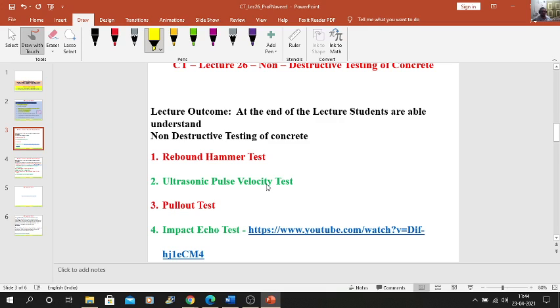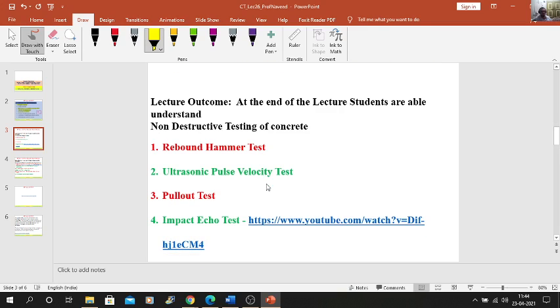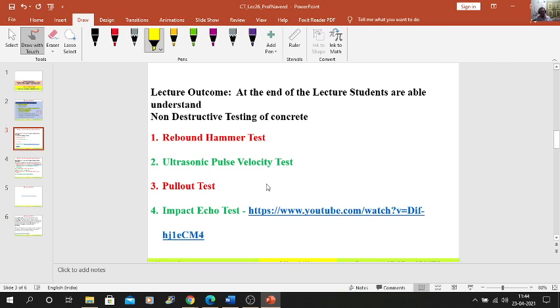The pull out test is carried out before casting of the concrete. We will put the bar inside the concrete, and then that bar will be pulled out, and the principle is that the strength required to pull out that bar is nothing but the strength of your concrete.